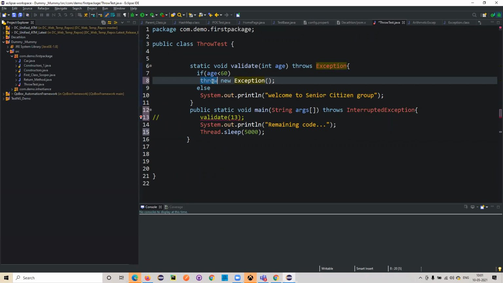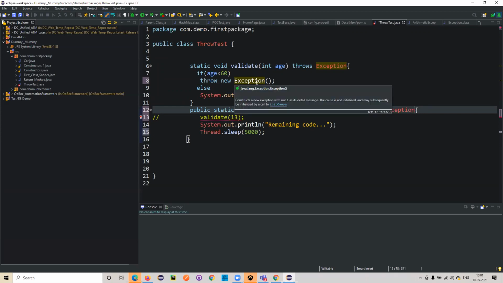That is the throw syntax, and this is the throws syntax. The next difference is, we can throw only one exception at a time with throw, and with throws we can declare multiple exceptions at a time. Here I can write IO exception or arithmetic exception, whatever I want. So here one exception, and here multiple exceptions.